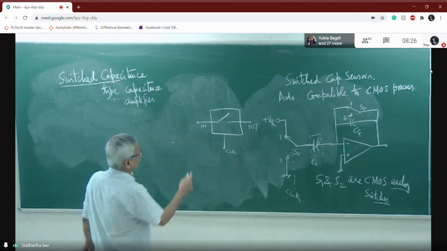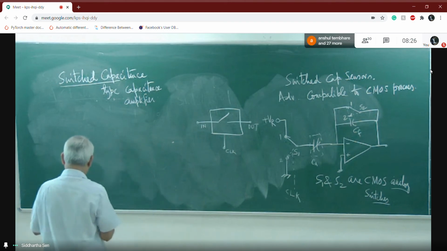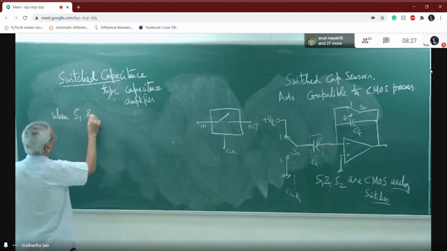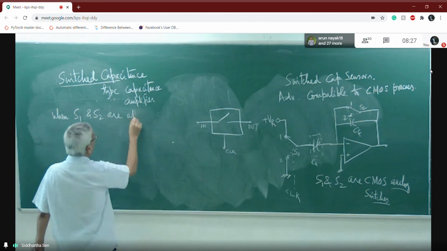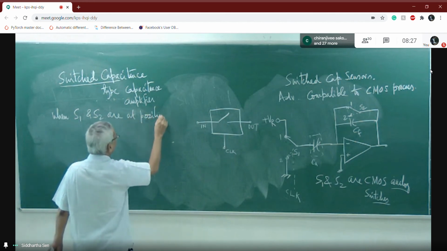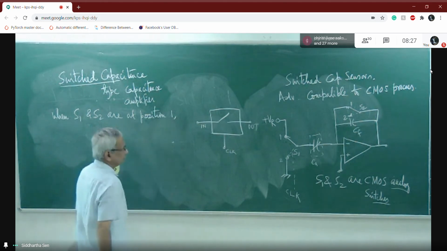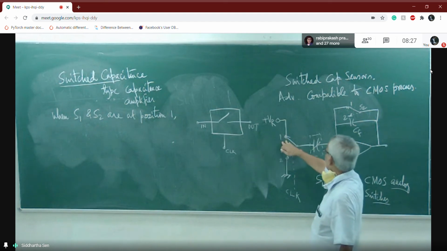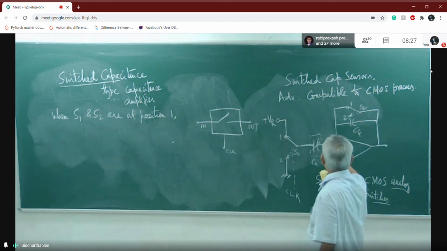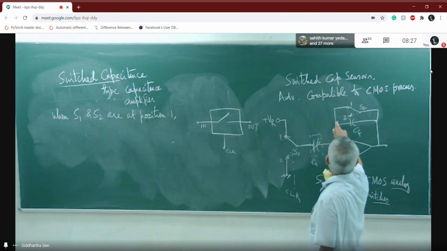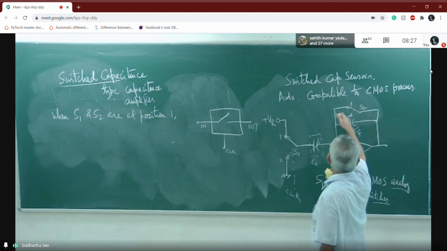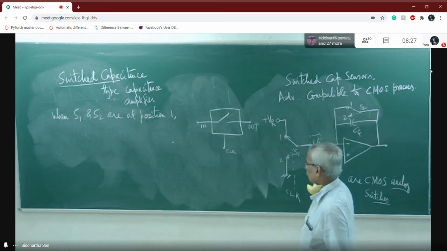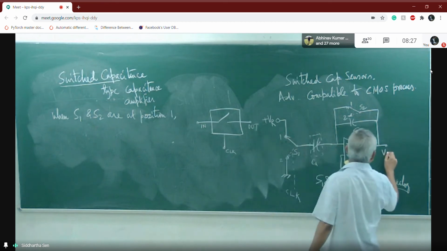And so this is a clock which is driving. When S1 and S2 are at position 1, then what is happening? That is connected to VR. This point is a virtual ground, and the output of the capacitor, the feedback capacitor, path is shorted. So naturally, what we can say is that